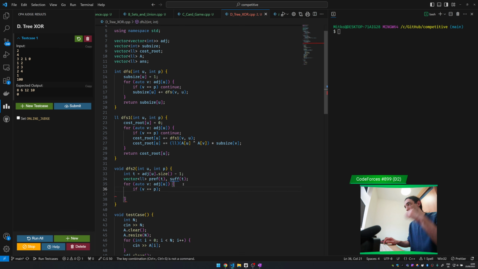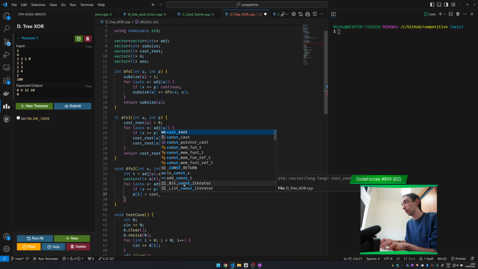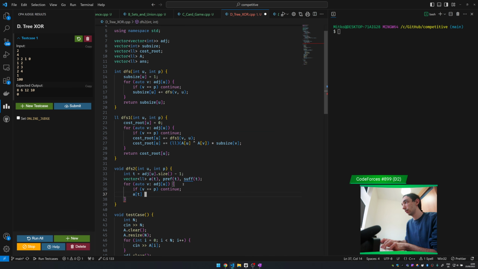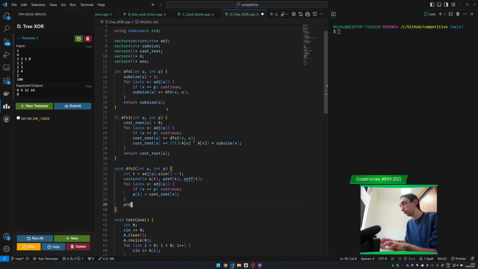Okay, so we'll do this. So A of t will be the cost rooted at v. So this being a root node, then